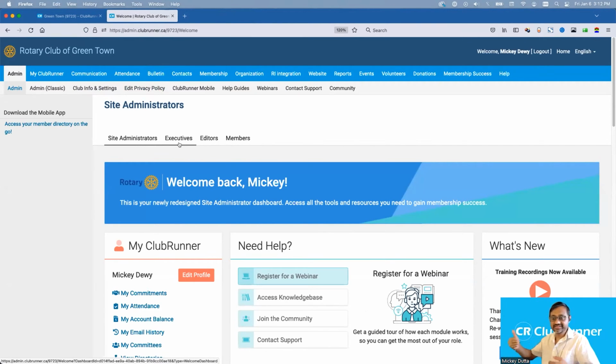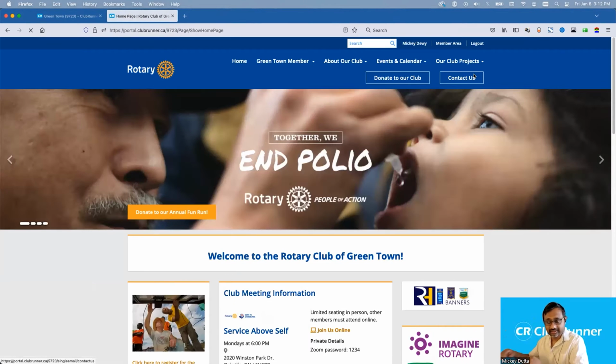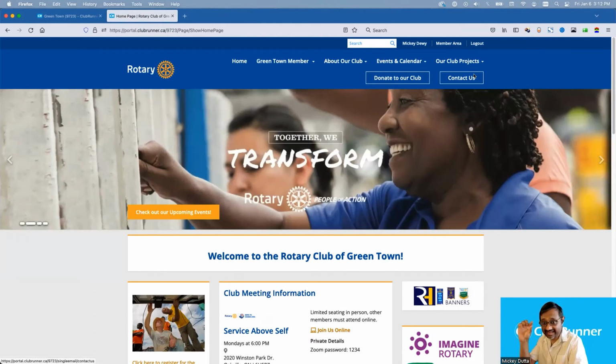Remember I said ClubRunner has two parts. This is the second part. The first part is a public homepage. If I go to the top right and I click on home, I'm back on the homepage. That's public, Google can see it all. This is literally about 10%